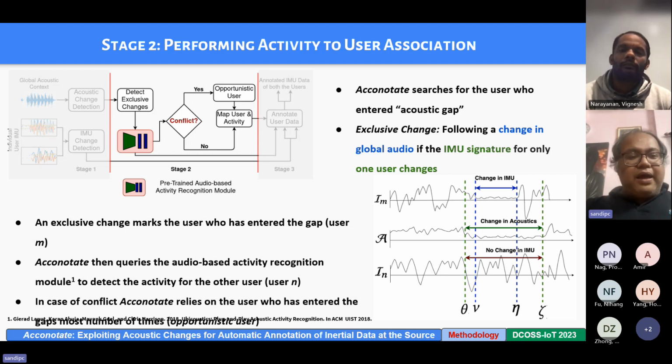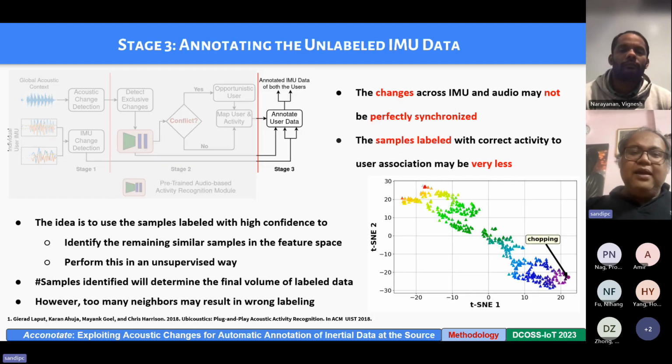Then at that point of time, our model queries the audio-based activity recognition module to detect the corresponding activity level of the user. In case there is a conflict, the annotation relies on the user who has entered the gap more number of times. So basically it tries to find the opportunistic users across multiple different users. And finally, to do the annotation,